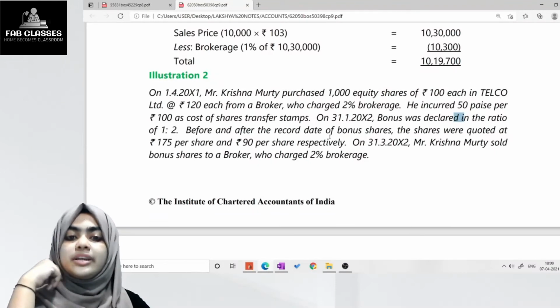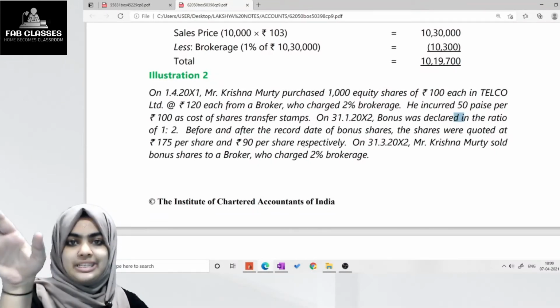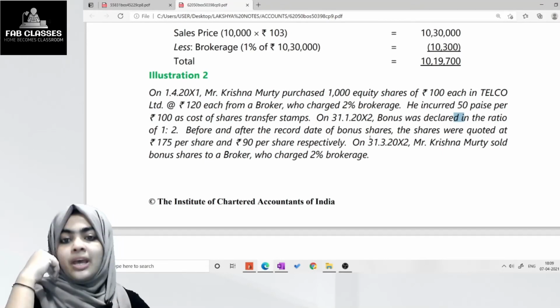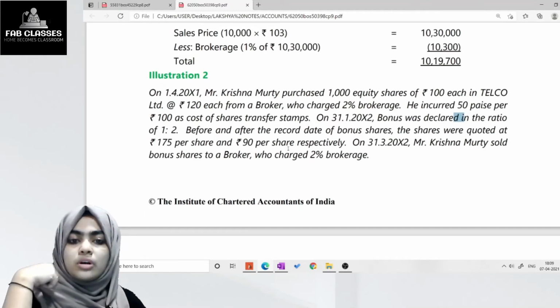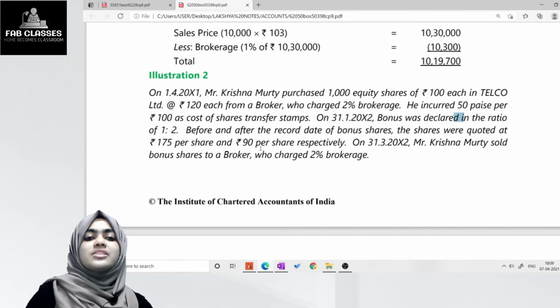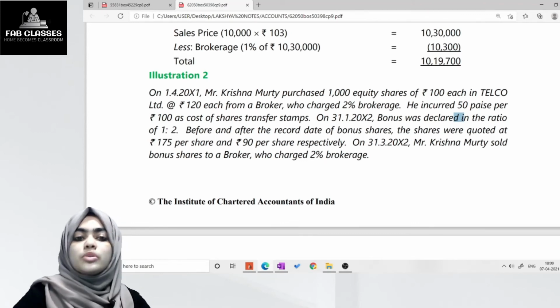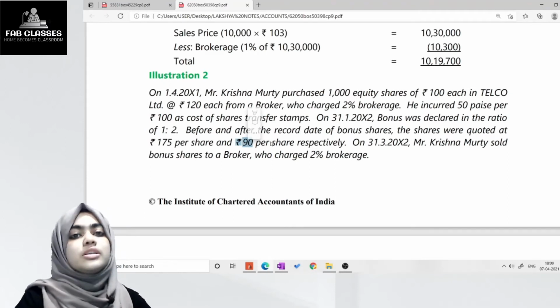Before and after the record date of bonus shares, the shares were quoted at 175 per share and 90 per share respectively. The value of shares is given. And on 31/3/2012, Mr. Krishnamurthy sold bonus shares to a broker who charged 2% brokerage. Okay, so these shares were sold to the broker. So the shares will be sold at this price, right? This is the value of the shares after the issue of bonus shares. So the sale price will be,